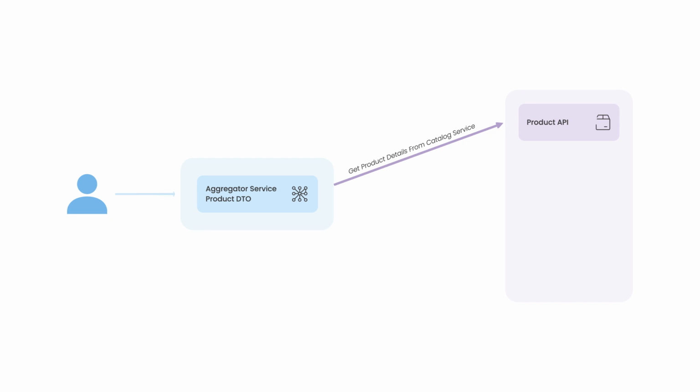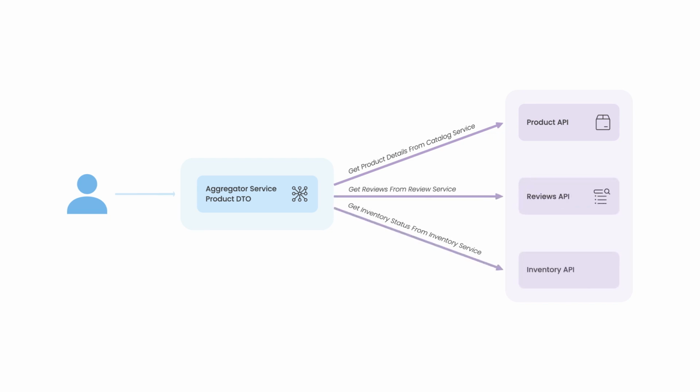Integrating with ABP Commercial. In an ABP Commercial microservices project, integrating an aggregator service follows a similar pattern as above. Let's look at a general guide on how to implement an aggregator service within an ABP microservices project.